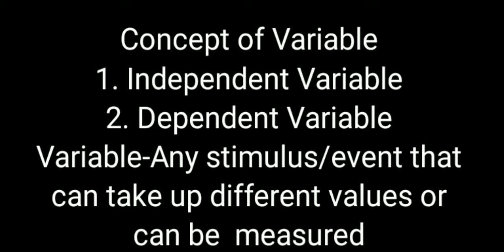Independent variable is manipulated by the experimenter and its effects are observed on the dependent variable. In simple words, independent variable is the treatment variable that is manipulated by the psychologist. It represents the cause of some outcome. In the previous example, the psychologist is trying to manipulate music to see whether it affects study hours or test scores. The other type of variable is the dependent variable, and it represents the outcome that the psychologist is measuring. In the same example, test scores represent the outcome. So it is the dependent variable there.